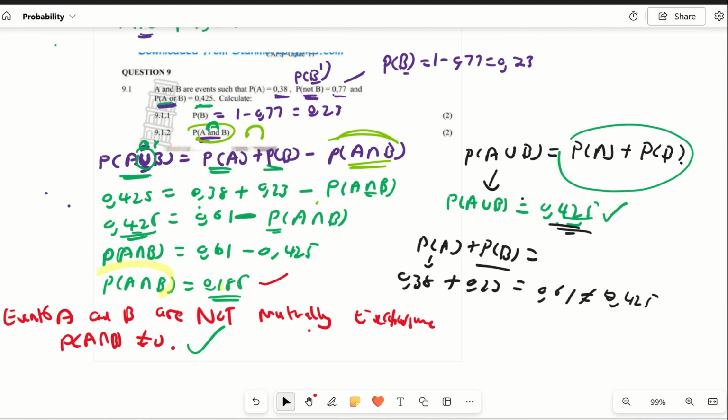Do you guys see the two methods for checking whether two events are mutually exclusive? Proper stuff. Okay, I'm gonna save this as well. It's not a long